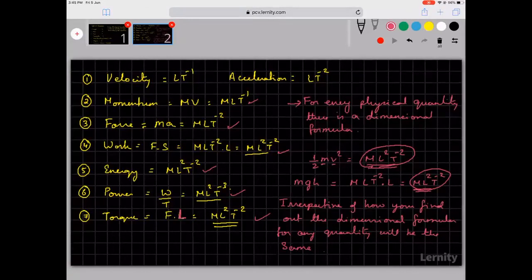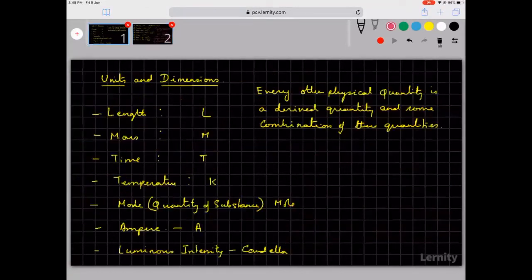Okay, so first slide, here is the first slide. On the first slide I have written down the fundamental quantities and the symbols for those fundamental quantities. Yeah, it's a good idea to put a square box and write down M L T power minus 2. But when we are writing on the board, there isn't much time, so we don't want to write. We expect students to be perfect.